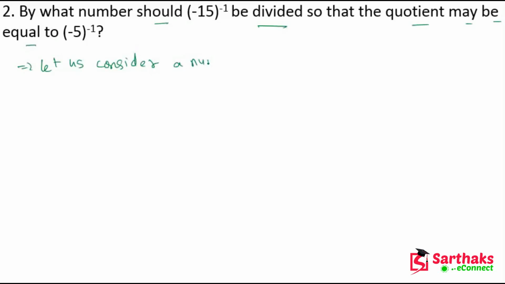a number x. Okay, we are considering the number x. Got it? So my dear friends, here it is saying that minus 15 raised to power minus 1, we have to divide by a number, which we are supposing is x, and the result will be minus 5 raised to power minus 1. Yeah, so if you solve this, first of all we have to